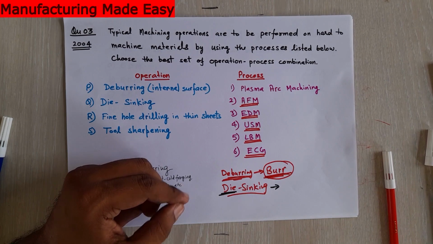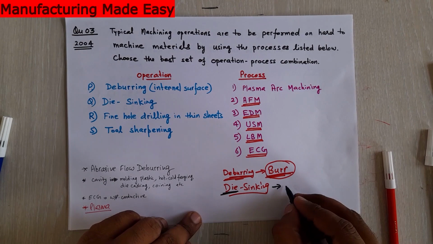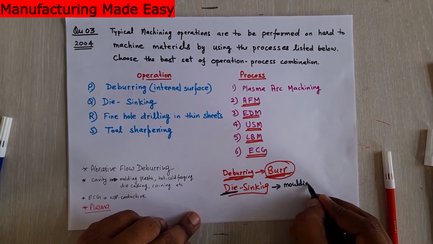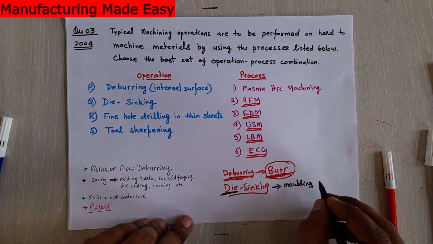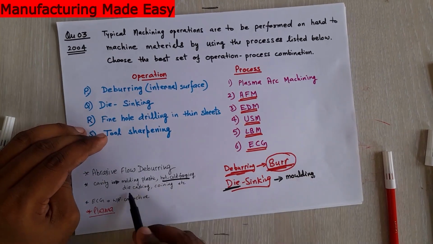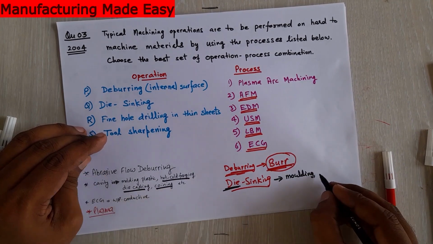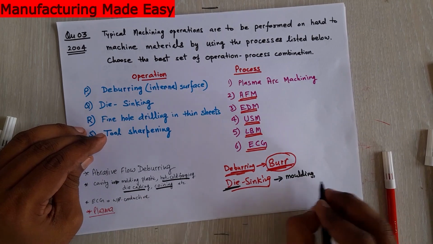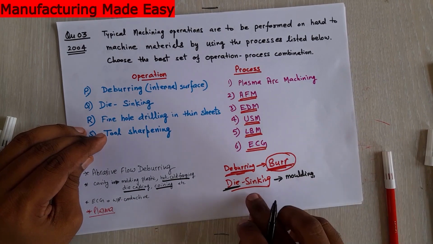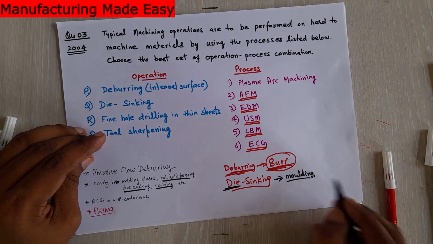These are generally used for molding the plastics material, hot and cold forging, die casting, coining, etc. ये सब करने के लिए हमें इस कैविटी की जरूरत पड़ती है, इसलिए डाई सिंकिंग इज यूज्ड टू प्रोड्यूस द कैविटी. ओके, एंड